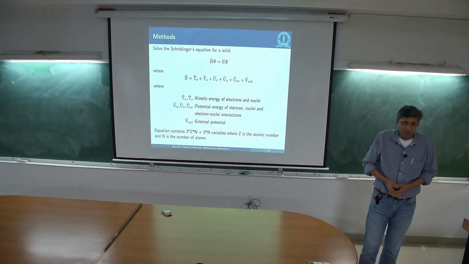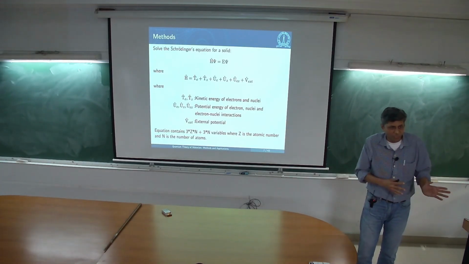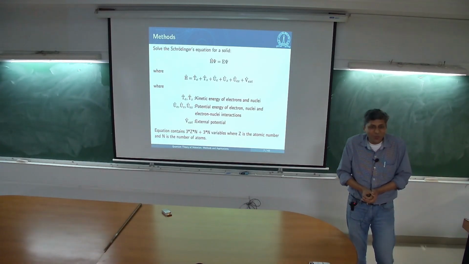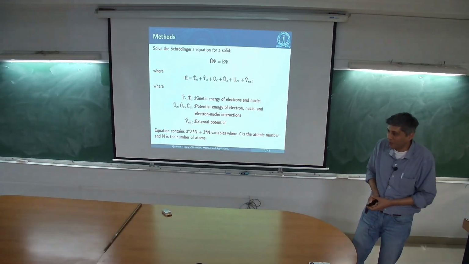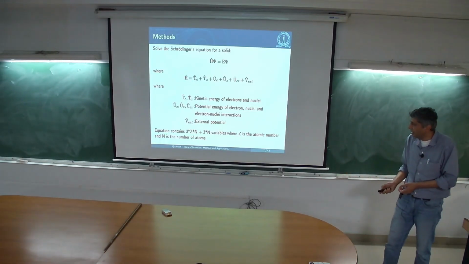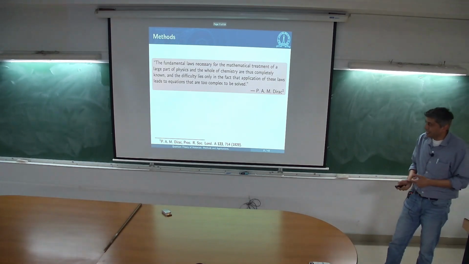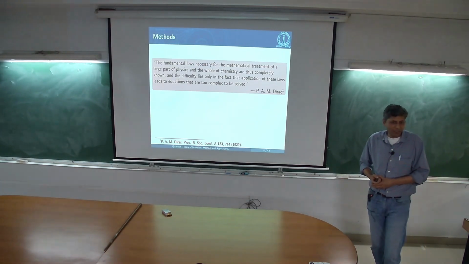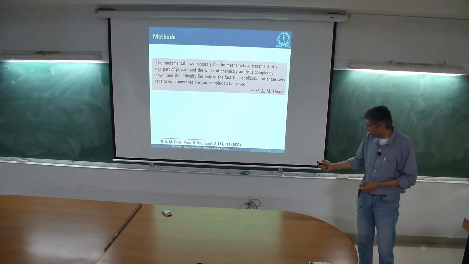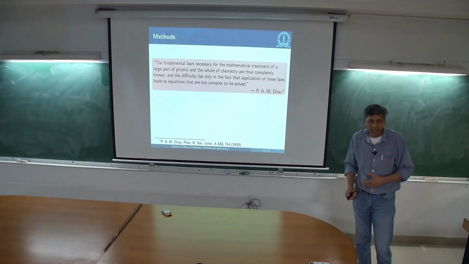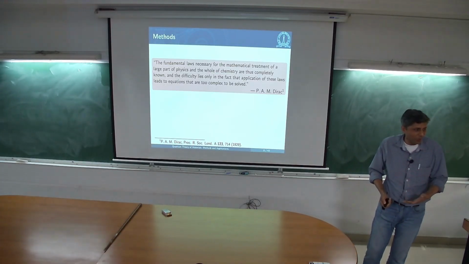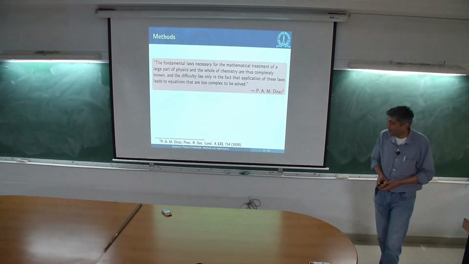So what is the solution? The solution is we stop all of this and go home, right? No. So we have to figure out how one can go about solving this equation, and it turns out there's actually a very famous saying from Paul Dirac. This is from 1929, right about the time when the Schrodinger equation and all of this was written down.